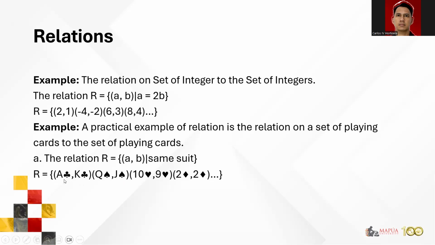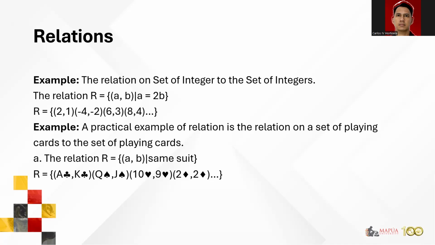So when I form Ace of Clubs, King of Clubs, it does not necessarily mean that I can no longer use Ace of Clubs and join that together with any other card of clubs. So for example, I can also have in this relation set, Ace of Clubs, Three of Clubs. So you're probably wondering, sir, I already created the pair Ace of Clubs, King of Clubs. Why is Ace of Clubs again made available for the other pair, Ace of Clubs, Three of Clubs? It's because you're not literally removing Ace of Clubs from your deck of cards when you form the group. You simply list down all possible pairs you can create,